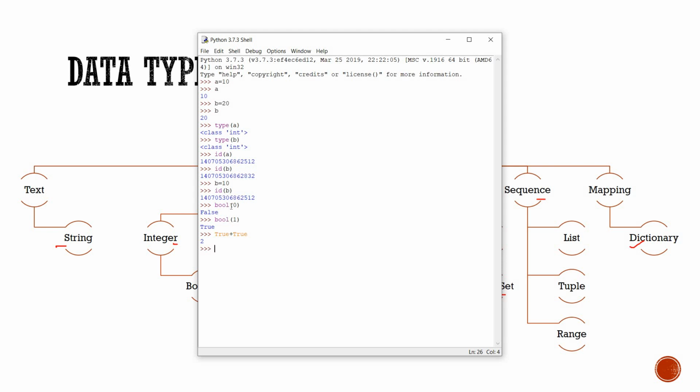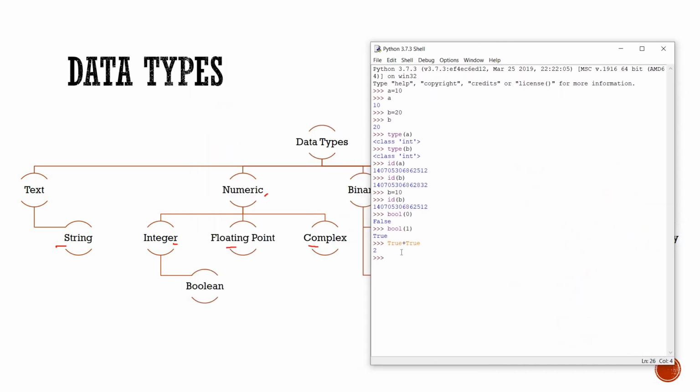Our next data type is float. We are going to store the first float one. Let us take A is equal to 2.89. So the value of A is 2.89. Now I want to check what type of data it is. If I'm checking, then it is giving me float. In float, we have two types of data. First one is a fractional form, that is the decimal that we have written here. Next one is the exponentiation form.